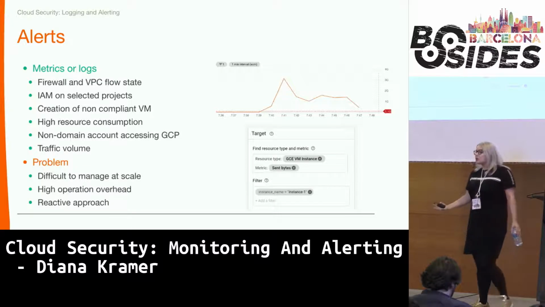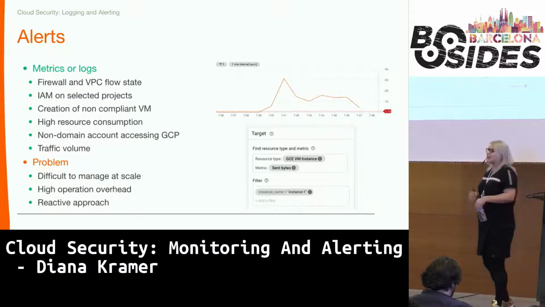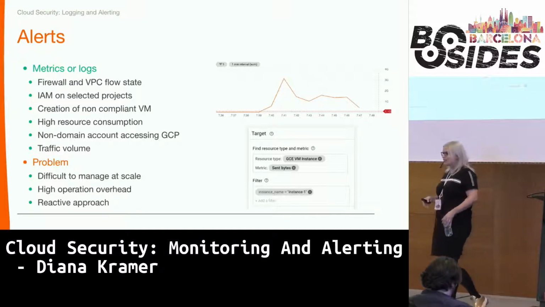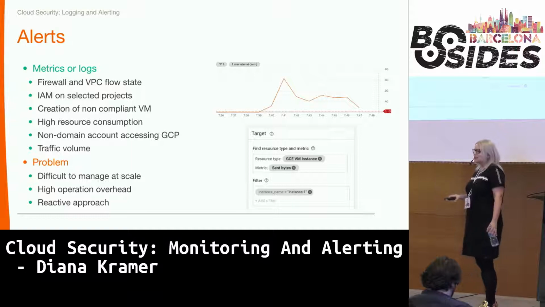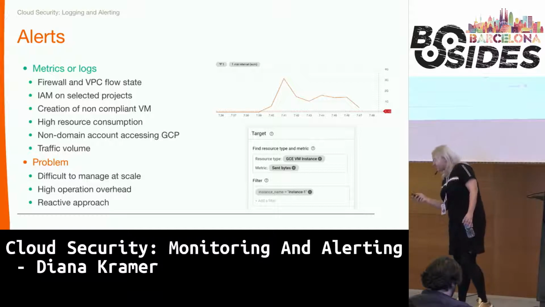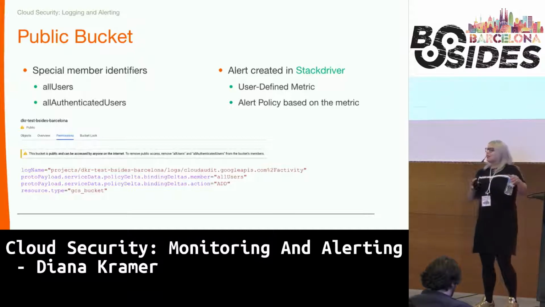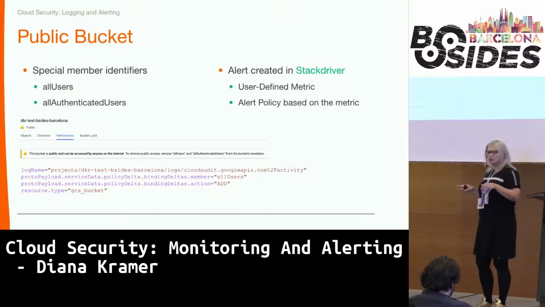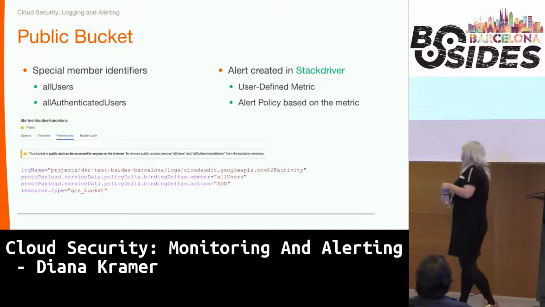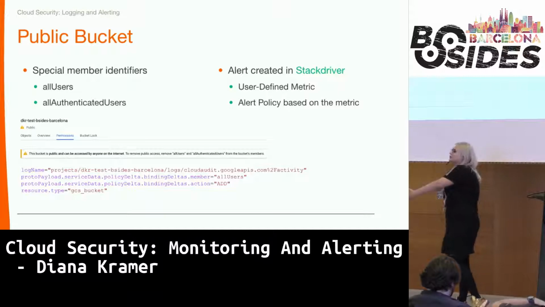And being a reactive approach, and giving freedom while being reactive, we need to react fast. So we can't have an alert and react on it over 12 hours. That's not a good idea. So here comes the second good part of a cloud solution, in this case GCP. As we have a log for everything, we have an API for everything. So we're going to see a clear example of how we can leverage all the logs and all the APIs to create a complete automated solution